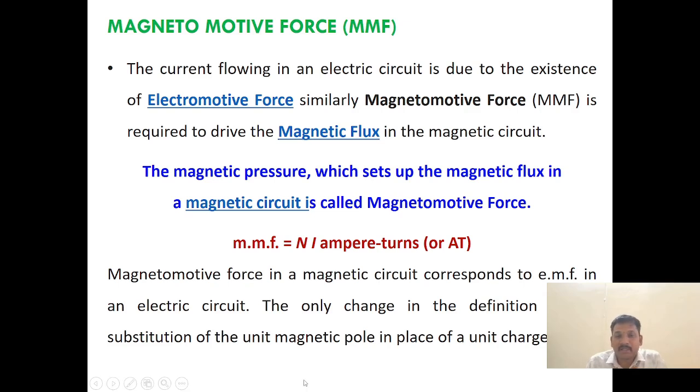The force which sets up the magnetic flux in the magnetic circuits is called magnetomotive force. And the MMF produced by a coil is defined as N into I. This is the formula for finding the magnetomotive force of a magnetic circuit. Here N indicates the number of turns and I indicates the current flowing through